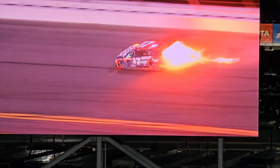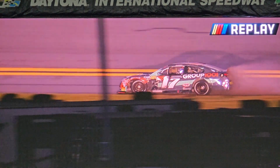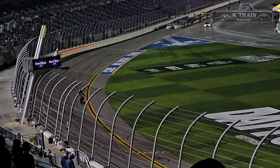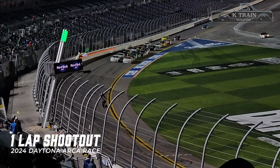The NASCAR replay here. It looked like maybe a right front side by side along with the rest of the field. And that's where we start